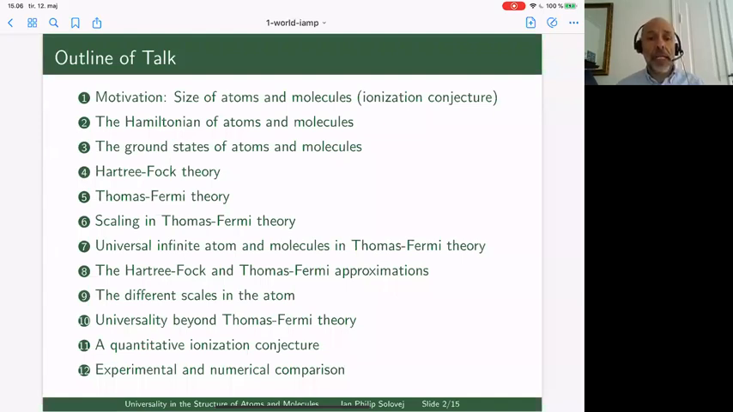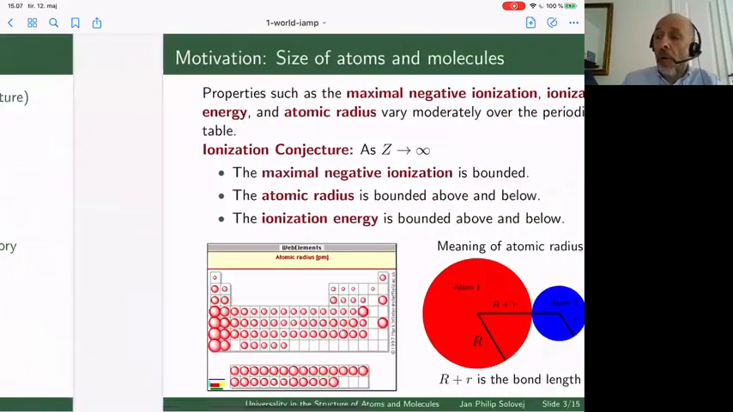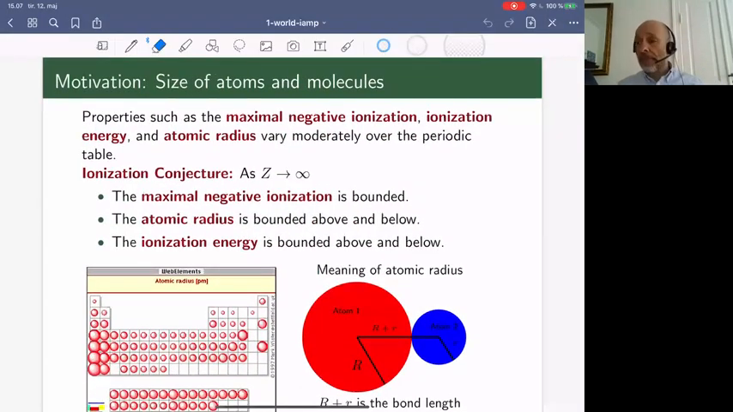real atoms. So what I will in fact do is I will make a quantitative ionization conjecture. The ionization conjecture itself is rather qualitative, but I will make a very precise generalized ionization conjecture. And then I will compare this with experimental and numerical considerations afterwards. Okay, so let me start with my motivation, which was